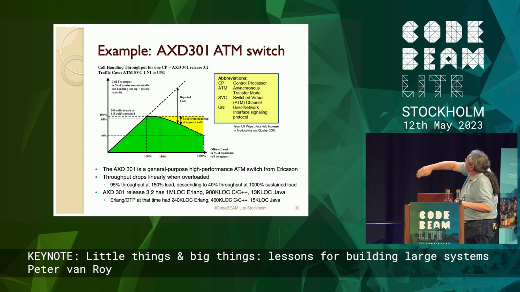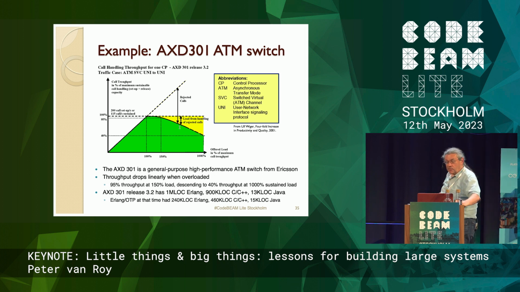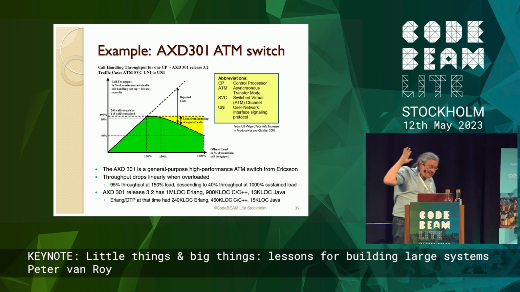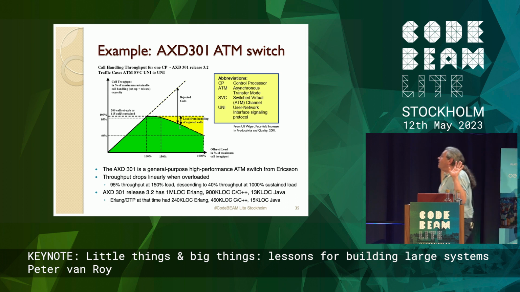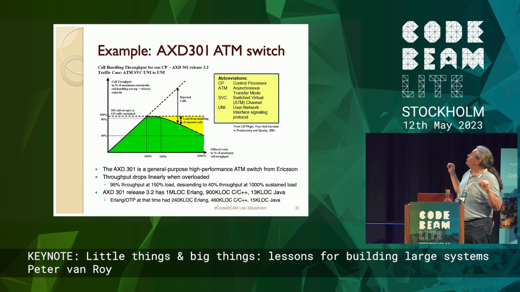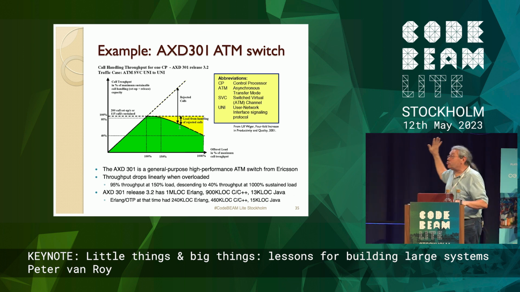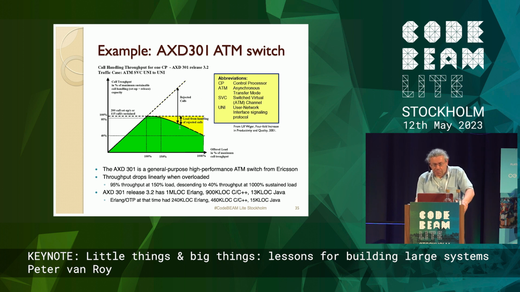And then the throughput. Notice performance goes up linearly up to the limit, and then it slowly goes down because of the handling of the rejected calls. So this is a typical example of a well-designed system, and it's interesting that it's much easier to design such a system in Erlang than in other languages, okay? So this is typically how your system should behave when there's a high overload. Okay, so that's the first bit.